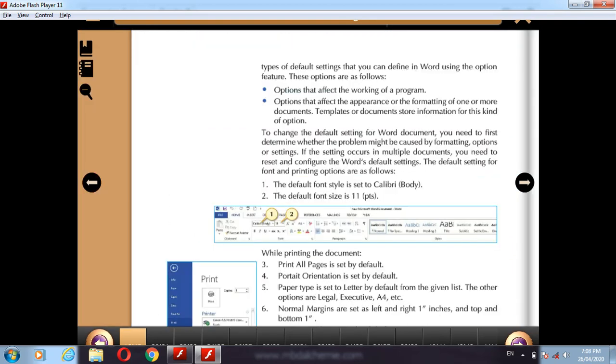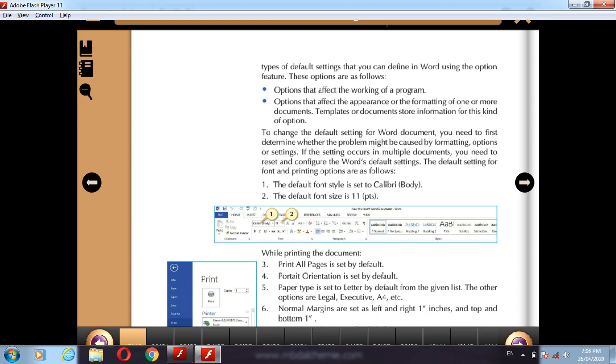There are two types of default setting that you can define in Word using the option feature. These options are as follows. First, options that affect the working of program, and options that affect the appearance or the formation of one or more documents, templates or documents store information for this kind of option.